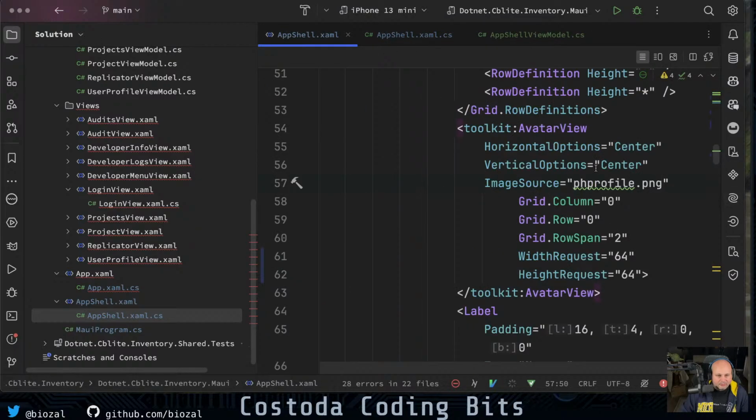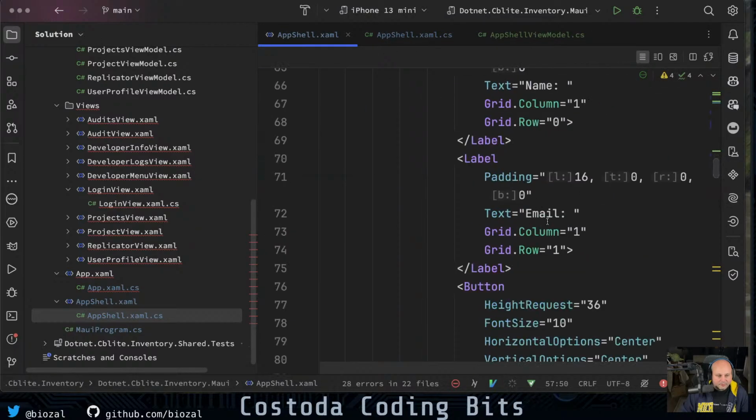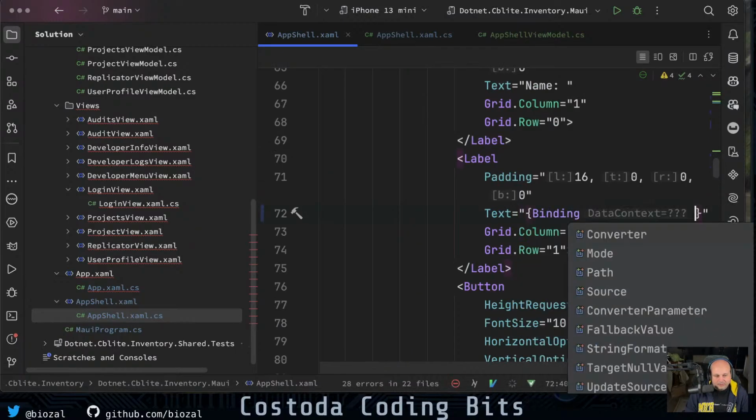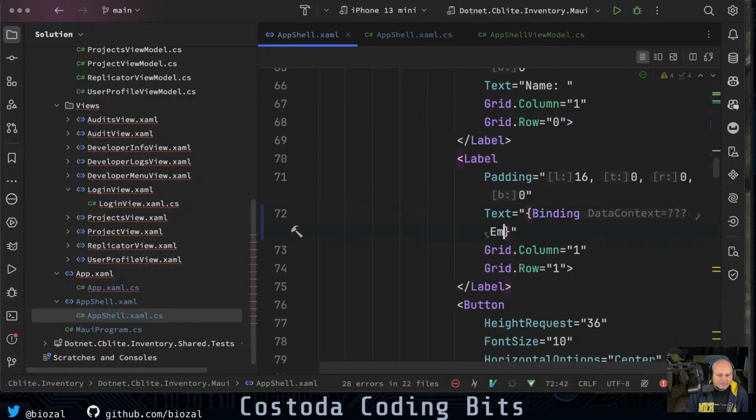What we should be able to do here is set the user. Let's start with the email address, say binding. Then we want to say this is to what this was email address. I think that's what we want to make it, binding